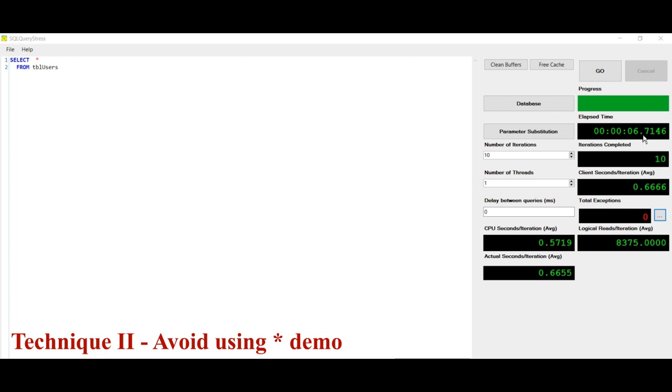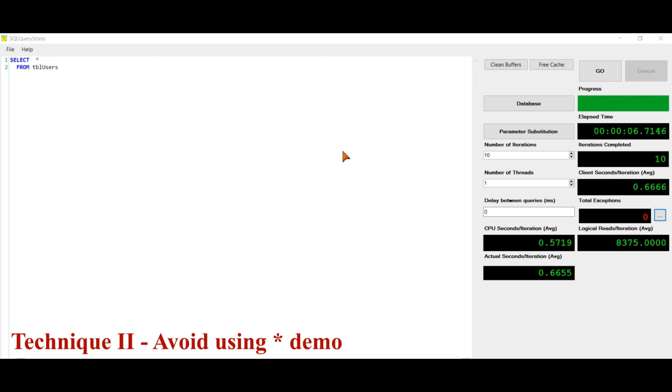Basically the tool which I am using over here is the SQL Query Stress. It's from Microsoft only, and what it does is basically it gives you the performance of the query. You can define over here the iterations, the threads, and it will give you the entire details like average time or total time it took, right?